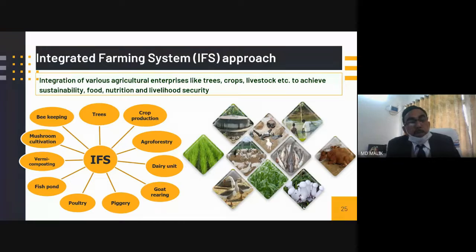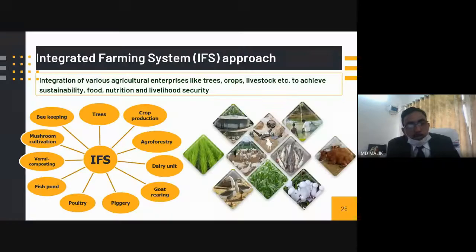Then we have a very good mushroom, and we have a button mushroom. We have this oyster mushroom. So these things enhance the income. So when we include the component of beekeeping, we have, recently here at Ramakrishna Mission, and then we have in